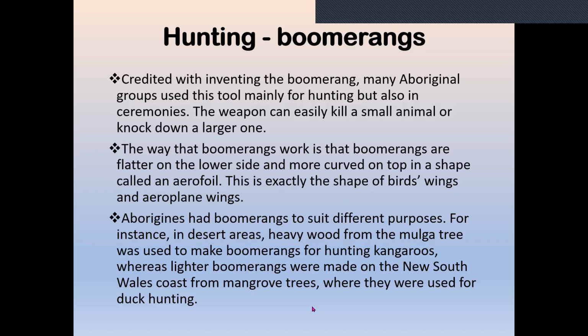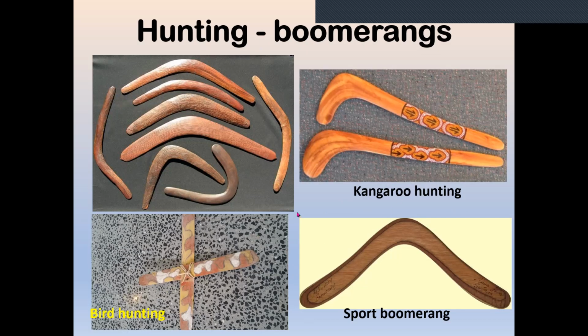They have different sorts of boomerangs depending on what they use them for. So in the desert, they use heavy wood from the mulga, and you can use it when they were hunting kangaroos, something heavy. And the lighter ones in New South Wales, they made from the mangrove trees, and they're used for duck hunting. So here are different shapes and sizes